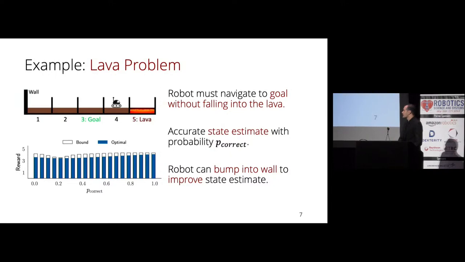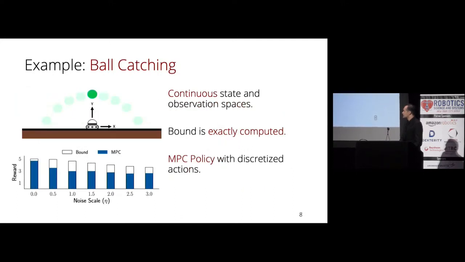However, the robot is equipped with a noisy sensor that gives a correct state reading with probability p correct, and it can use that information to achieve a better performance. And so we plot our bound versus the optimal POMDP solution and see that we get a fairly close correspondence